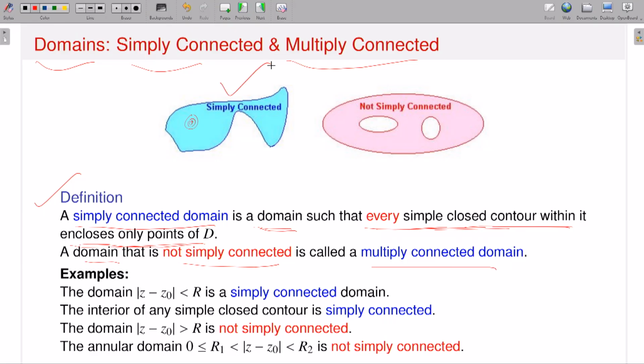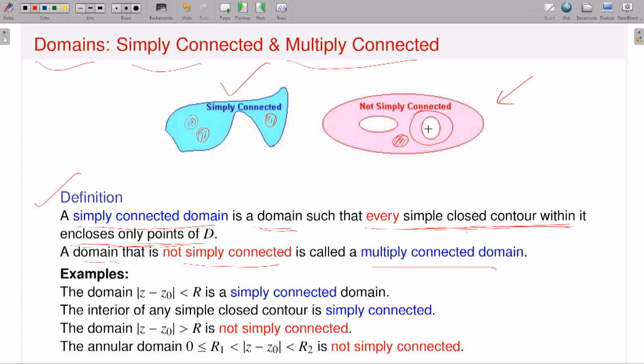For example, this is a simply connected domain, because whatever simple closed contour I take, the interior consists only of points of my domain. For example, here also only points of the domain. It encloses only points of D, or I can squeeze it to a point without leaving the domain D. But this is a domain that is multiply connected. Why? Because if I take this simple closed contour, that is perfectly alright, because its interior only contains points of D. But now if I consider this kind of simple closed contour,